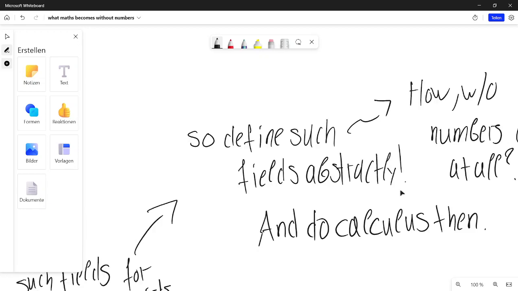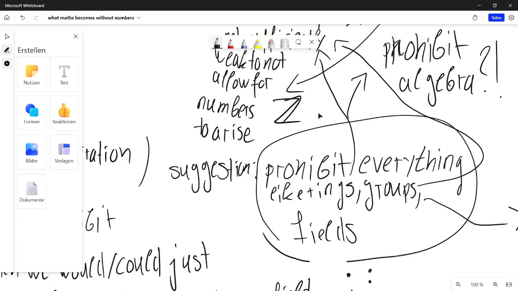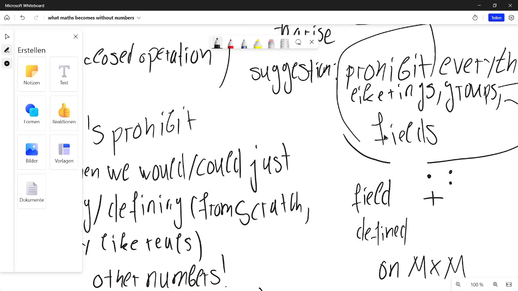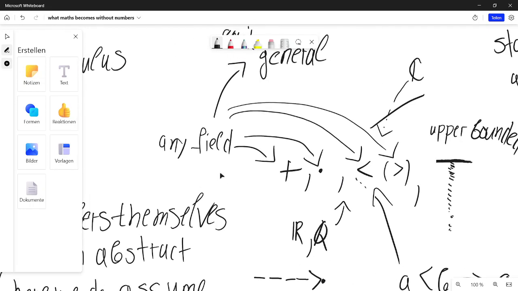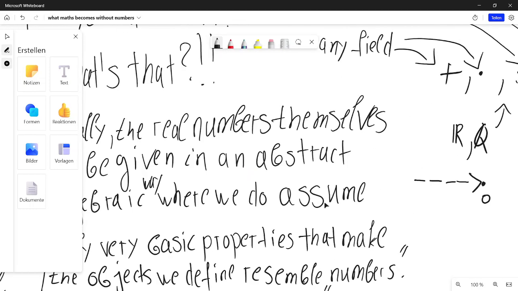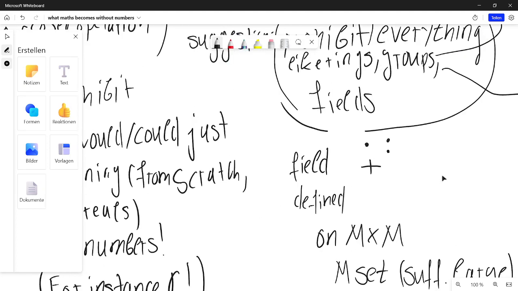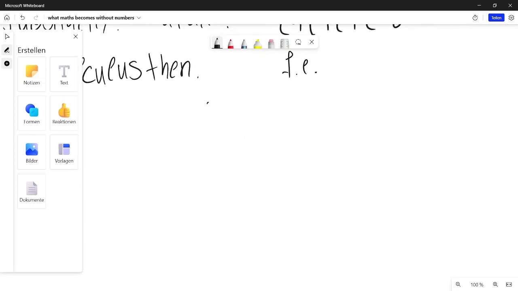So we could have some type of numbers, some weird type of numbers. And if we are going to prohibit those numbers, we haven't looked yet at those properties, but let's imagine we prohibit those numbers. But if we do that, if even such numbers are prohibited,